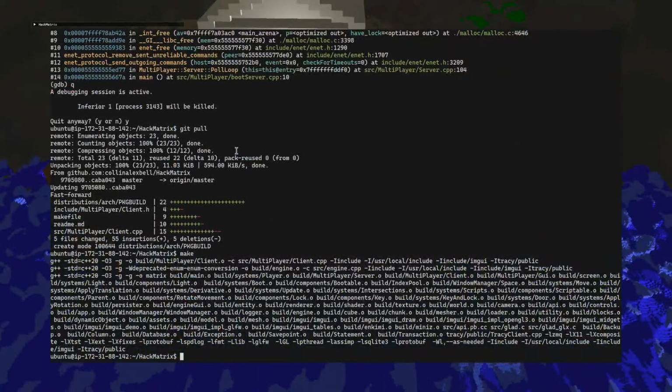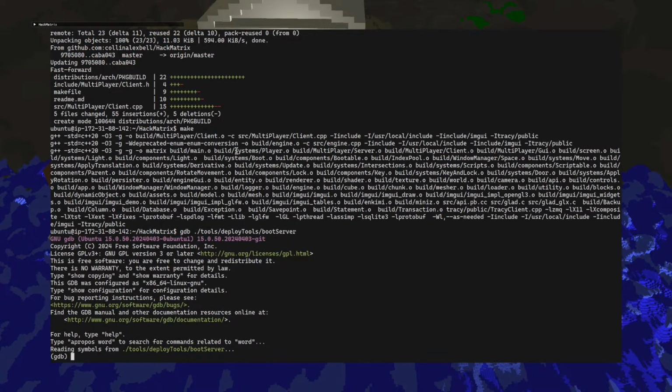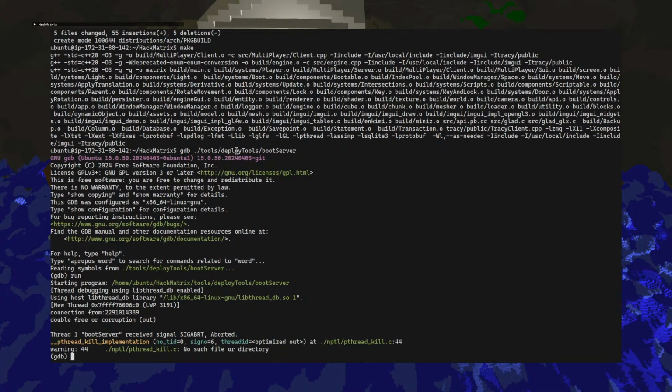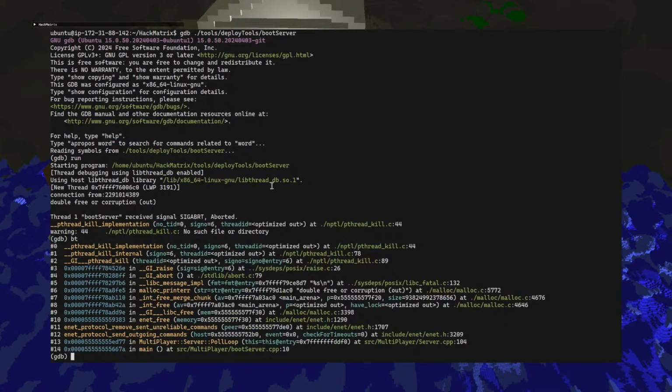What was it that it said was the issue here? So I come here and I try to connect, and it connects, and then SIGABRT. BT, poll loop 104. Let's take a look at that.